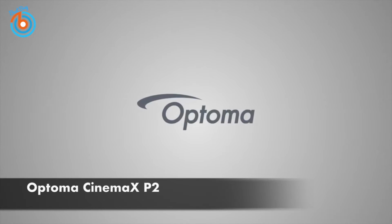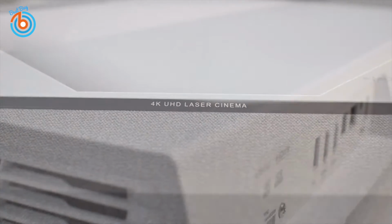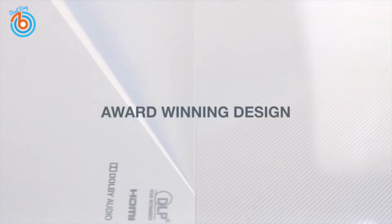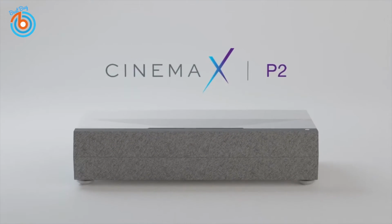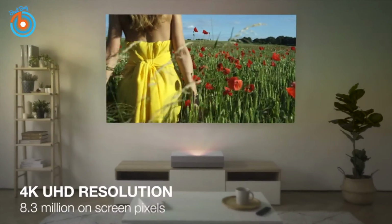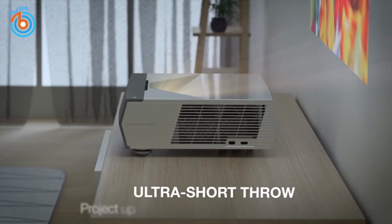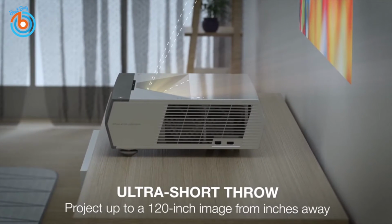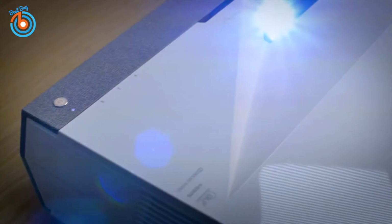This is Optoma Cinema XP2, the best projector for audio. It is a super bright 4K, HDR cool-looking piece of kit, and it's not often you can say that about a projector. Stylishly finished in matte white, with complementary gray fabric grille, and peekaboo lens up top, it looks suitably trendy. It's built around a single-chip DLP 4K device, allied to a laser light engine, which translates to pin-sharp pictures